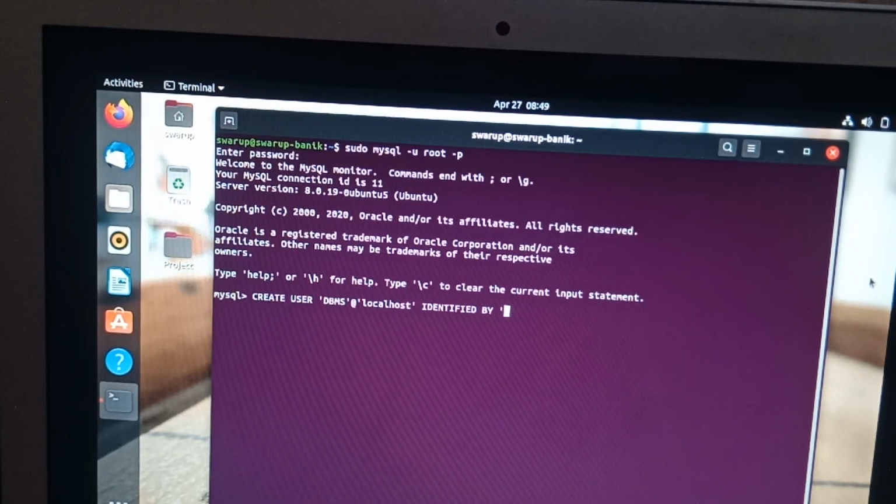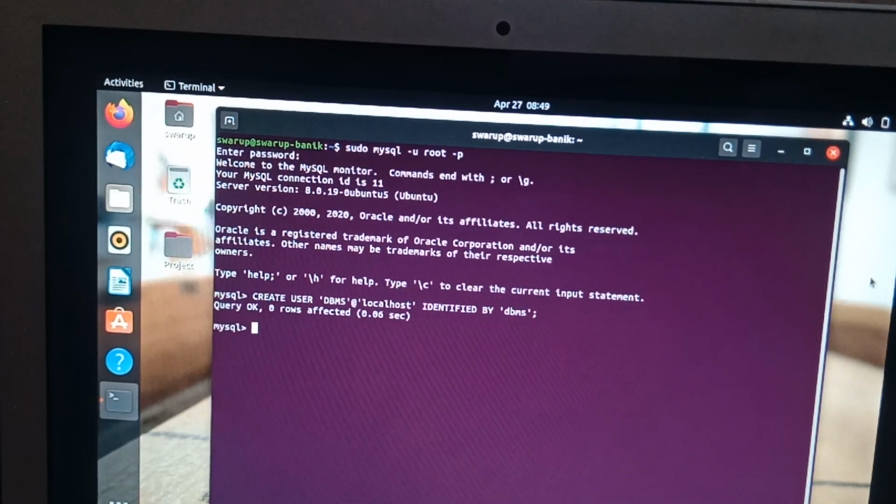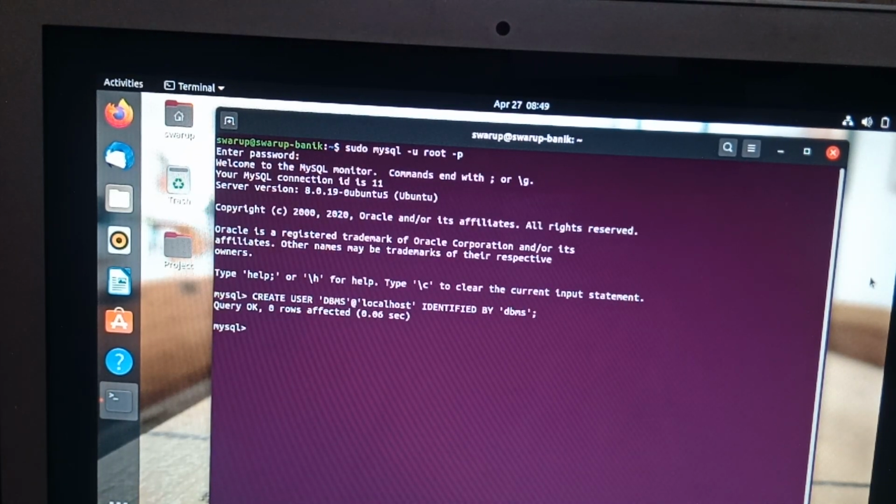For dbms, I will put the password also as dbms, then semicolon, enter. So it's created.